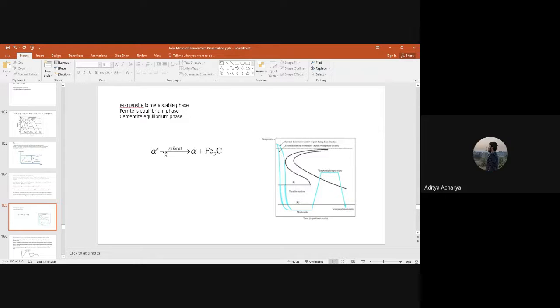Yes, sir. So that means after doing hardening heat treatment, we are getting martensitic microstructure, which is hard and brittle, right? Having a lot of internal stresses. But again, we do what? Again, we have to reheat. But this reheat should be up to this. You can see tempering heat treatment, how we are doing.